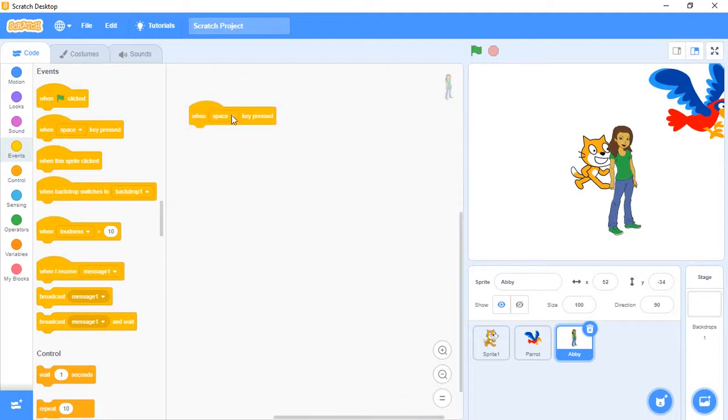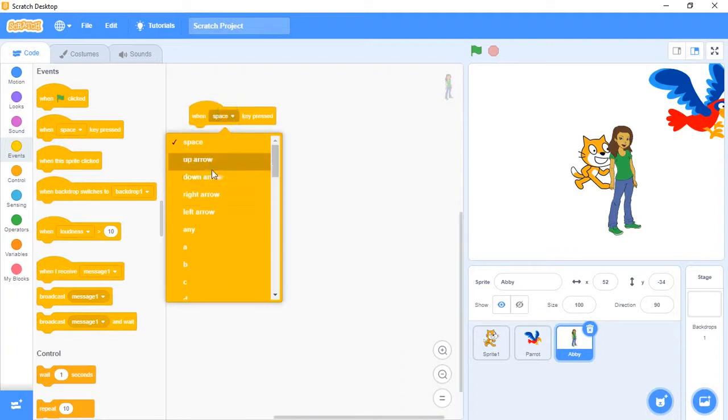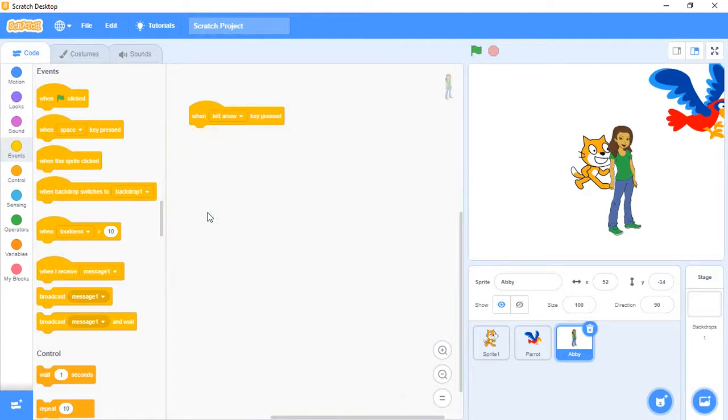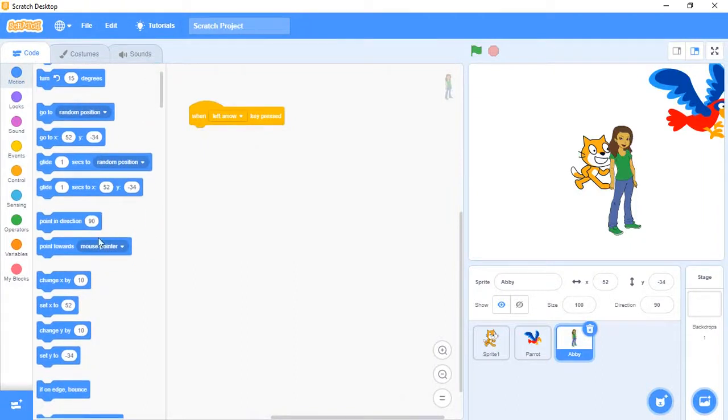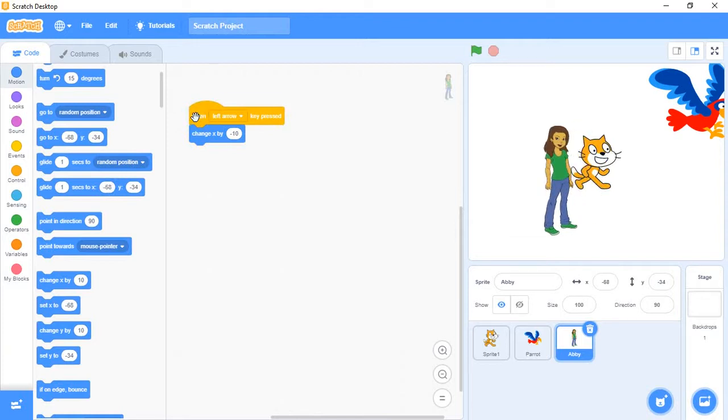When left arrow key pressed, change x. Left means negative direction. See? Negative direction, it's the left side.